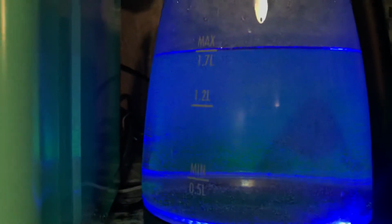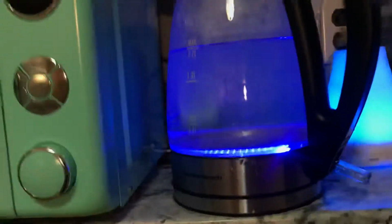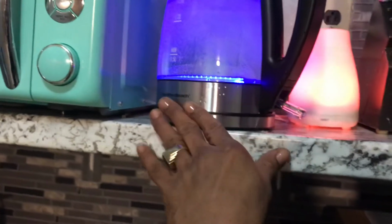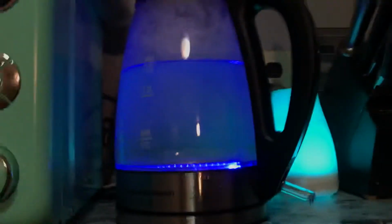Now you can see bubbles on the inside of the glass. You see little fine bubbles stuck in the glass. So I guess it's getting really hot right now. Okay? Let me feel it. Oh shit, yeah, that is hot. Yeah, man, that is hot, boy. This part is not hot. But right here, oh, man. Ooh, wee. Yeah, it's hot up in there. It's not looking like that, right? I don't know why it's not looking like that, but